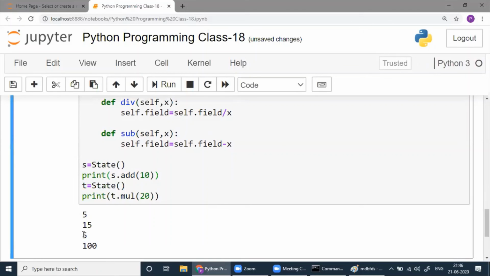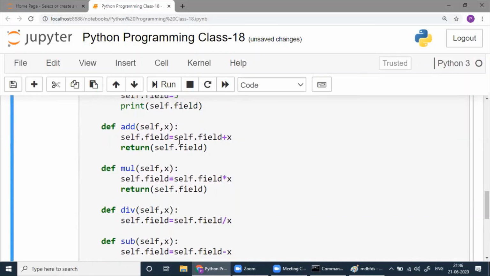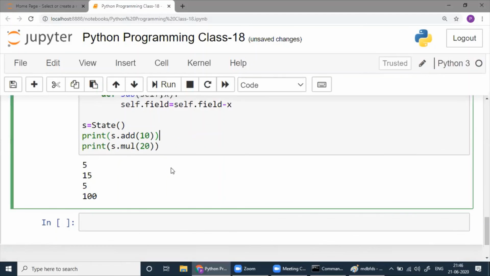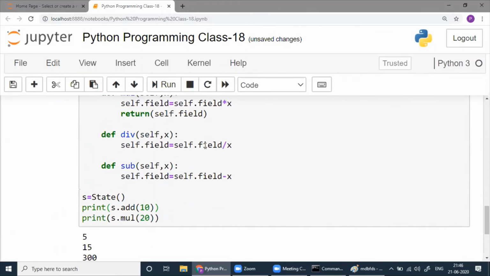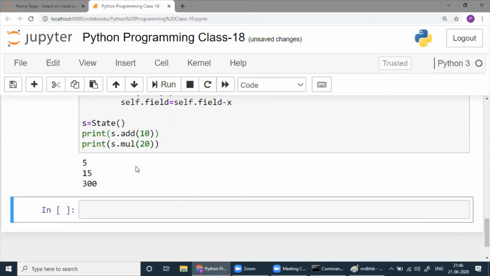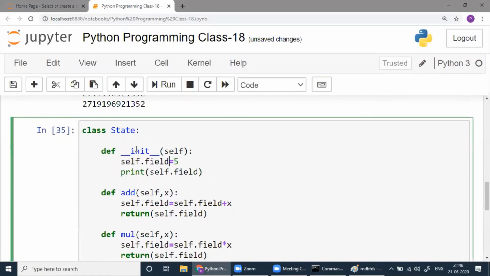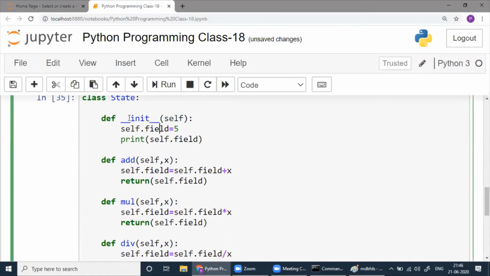So with 5, this value is assigned 5, then there will be no problem. Whatever answer you gave, I got that answer. Because once this is over, this is assigned once again. For that object, I applied this method. But if you apply two methods to the same object, you will get the updated one, but you will not get the updated one in the print statement, because init will be invoked automatically once.